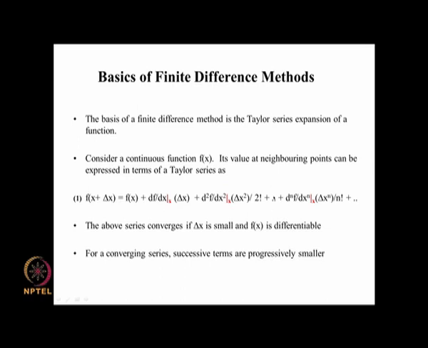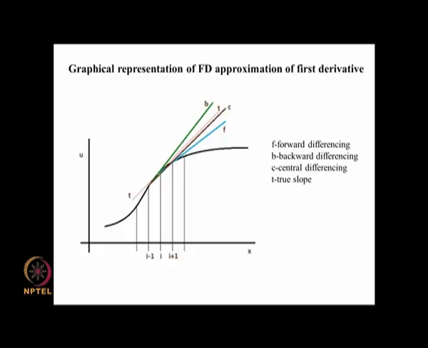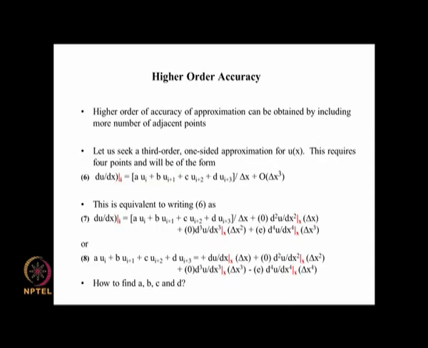So the next term is the one that is being neglected, along with all the successive terms, and since the next term is smaller than this term, the error involved in central differencing is less. That is also another way of looking at these approximations. So there can be these approximations, and we can also get an approximation of even higher order accuracy. We can get a third order or nth order type of thing.